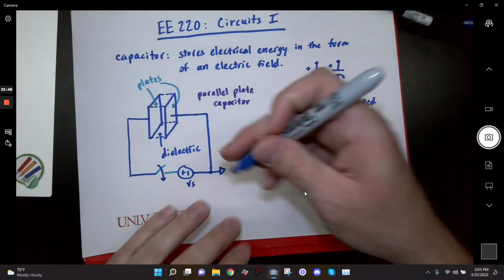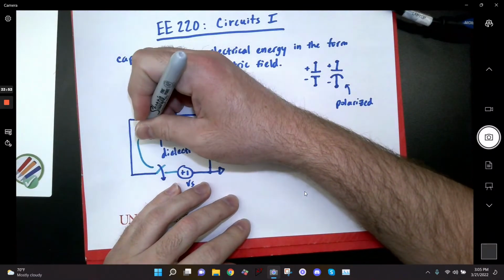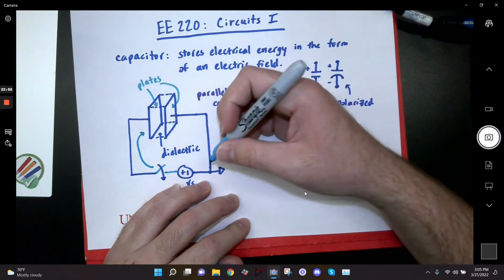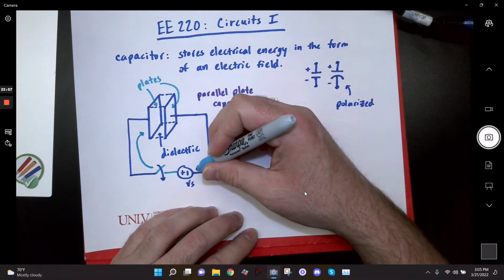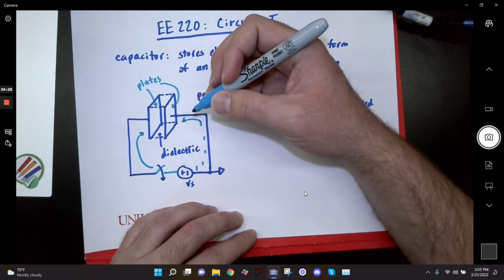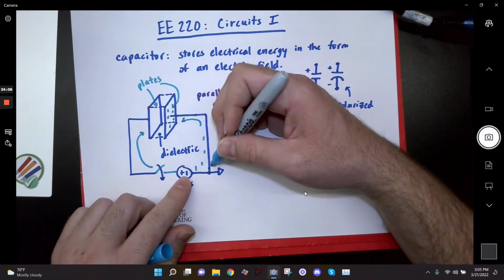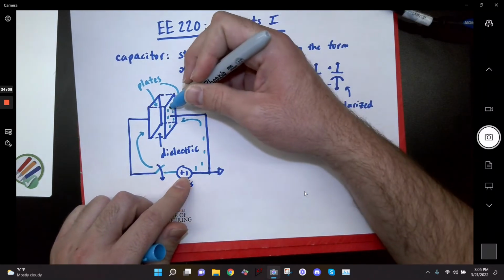The system will continue to pour. Okay, so I've talked about this in the past. We know that current flows this way, right? It's going to flow from positive to negative. But what's actually happening is electrons are flowing out of the battery, and they're getting stored up on this plate of the capacitor. Okay, so electrons start coming out of the battery, and they start pooling up on this plate